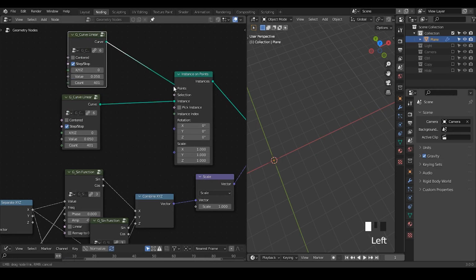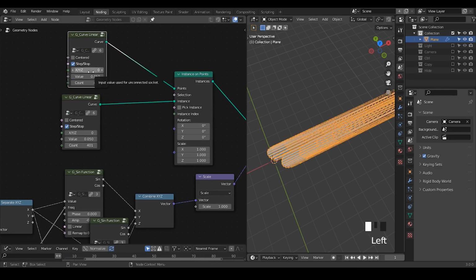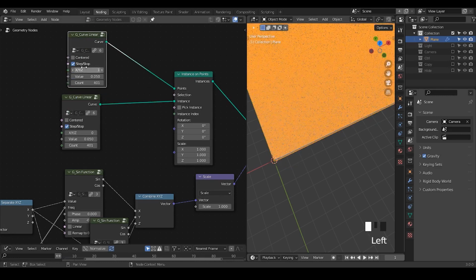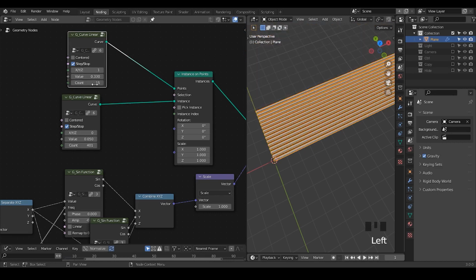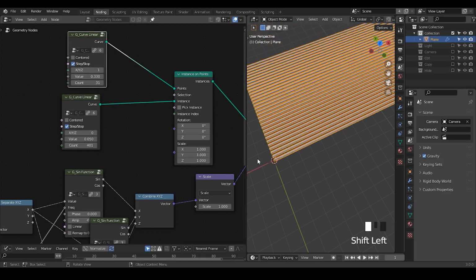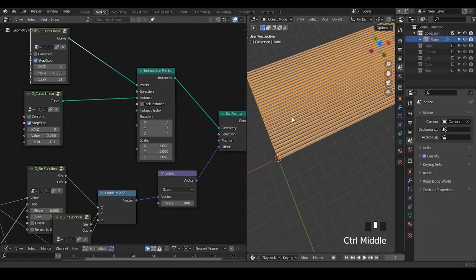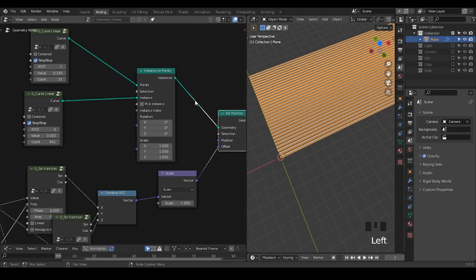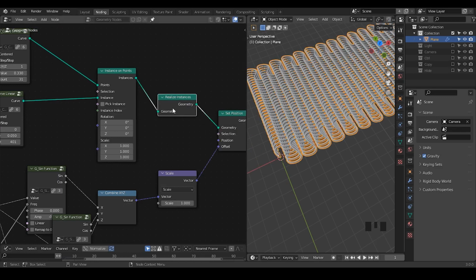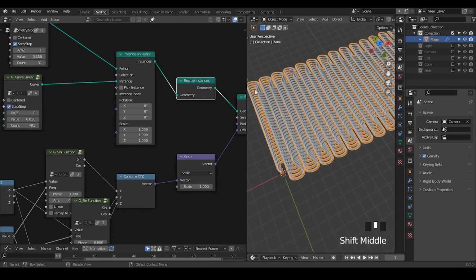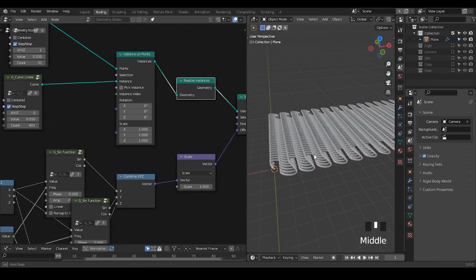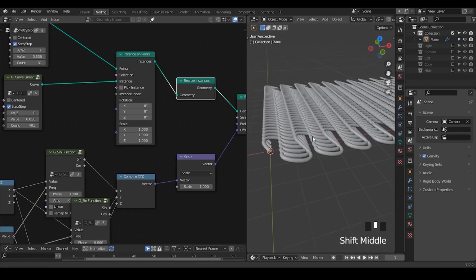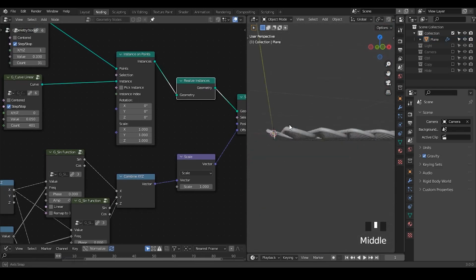Let's take another curve linear node, but instead of instancing on x, I'm instancing on y. Maybe I will use, I'm not sure, stop or step, something like that. So now we have a straight line. But why is it straight if we're setting the position? Because we need to realize the instance so that we can actually access all this information. So now we have a compacted netting pattern. It's not really interlacing with each other. It's more like kind of